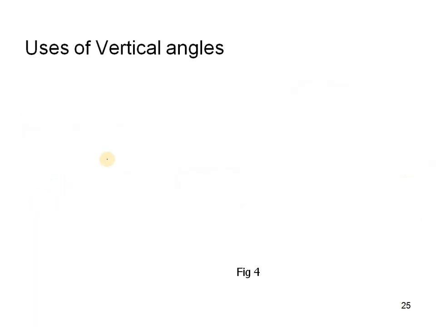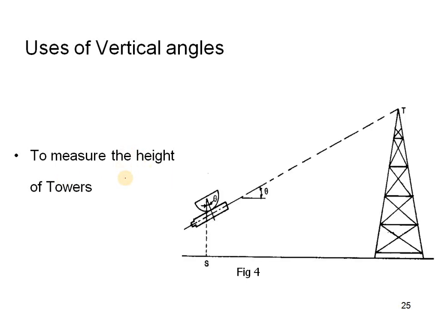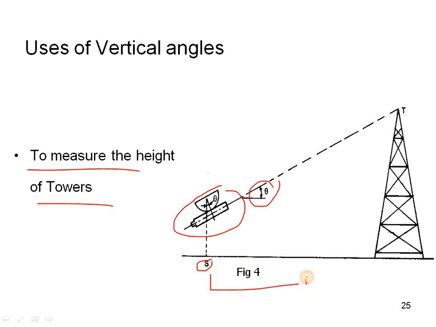So that is the formula to measure the height of a tree. And to measure the height of towers, we will use this especially for towers. We cannot go to the height of the tower and cannot measure the bottom, so we can measure with this instrument only. This is our observable instrument. S is the slope, standard, and if you get the theta angle, then we will measure this distance, and this will be the top of the tower.